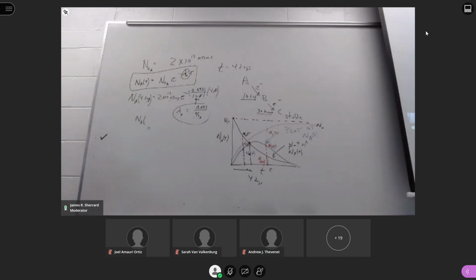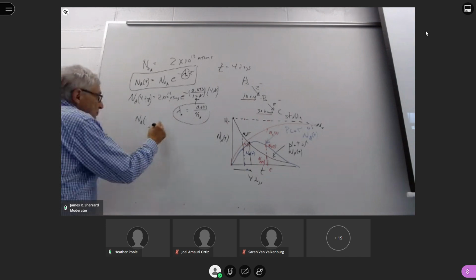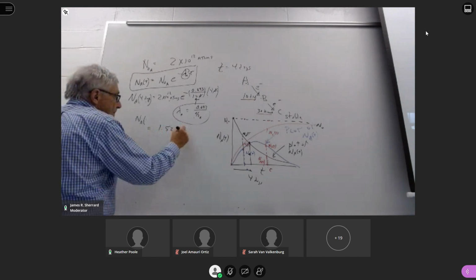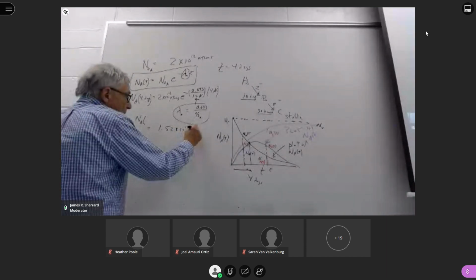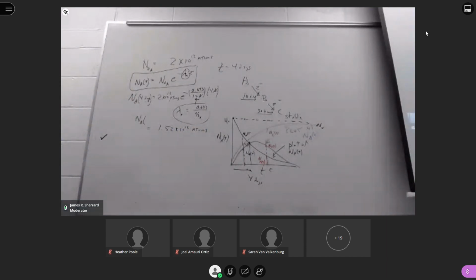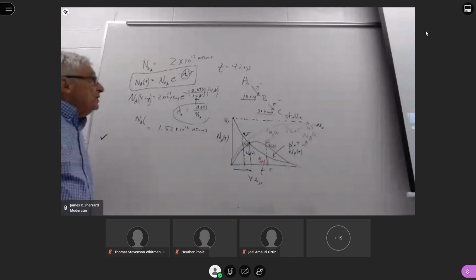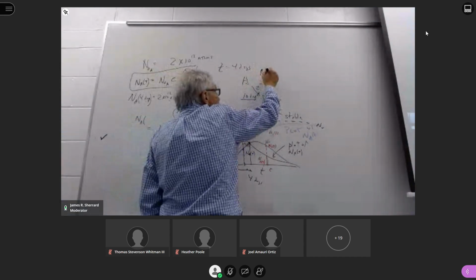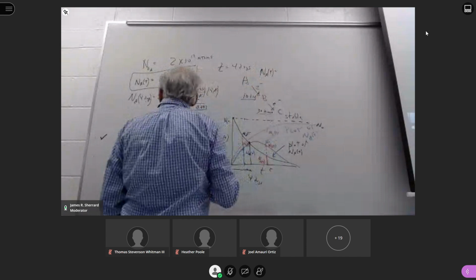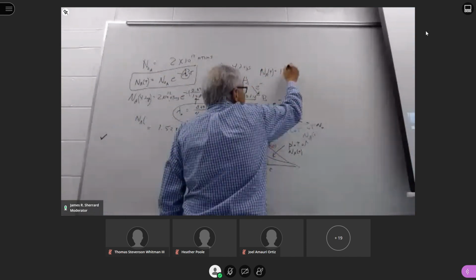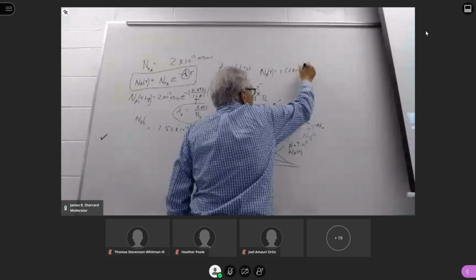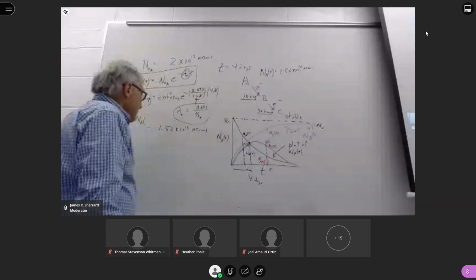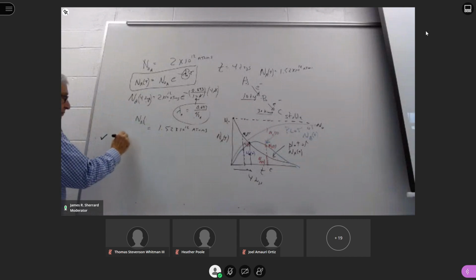Anybody have a chance to work that value? I got 1.52 times 10 to the 12. Okay. Anybody else get that? I got the same value. Okay, thank you. So we'll assume that those two are correct. So after this amount of time, for the number of A's, we have 1.52 times 10 to the 12th atoms. If we then look at B's, we know the number of B's